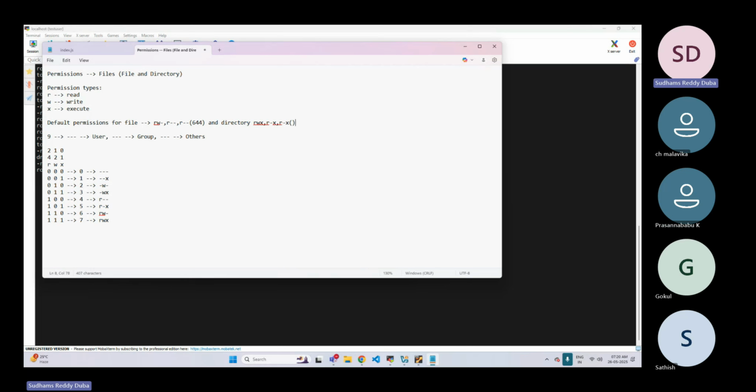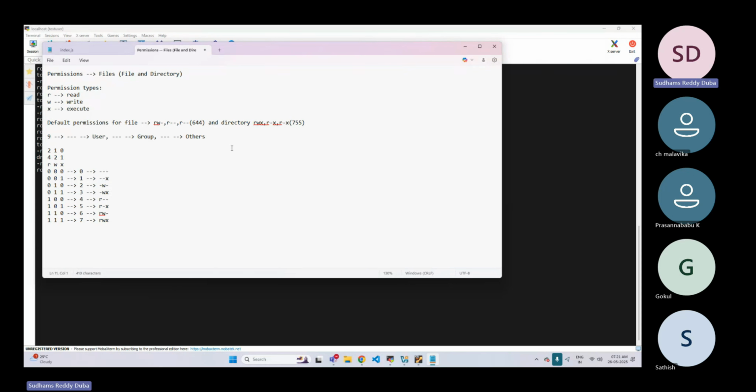What about directory? It is full permissions, 7. Read and execute permission, so it is 5. And for others also it is 5. Now visually it is better to read, right? When you compare with this one, visually which is a better one to read? This one. Okay. So this is the basic information.